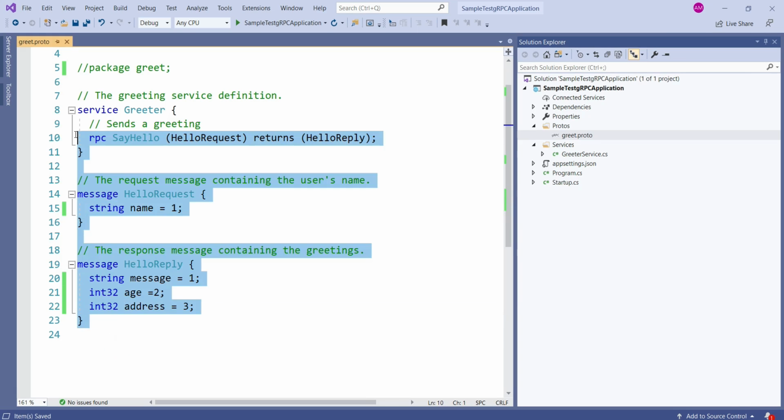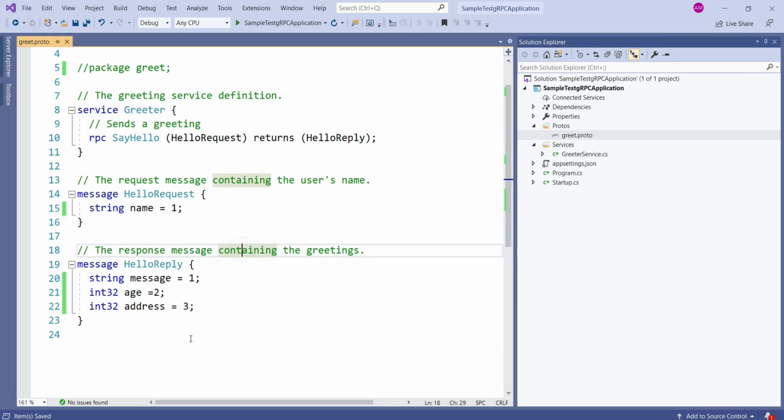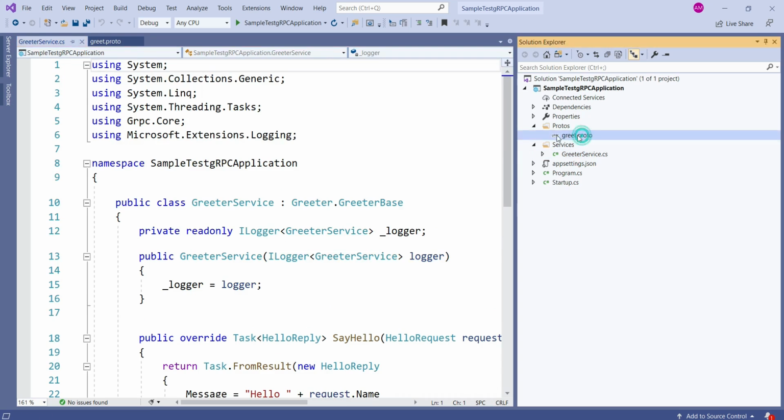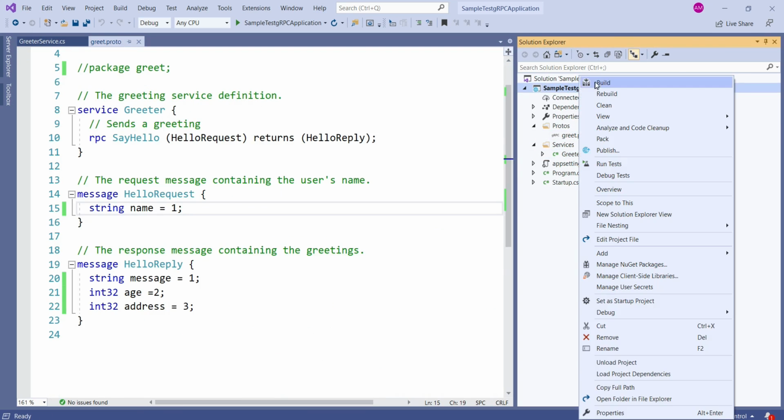So this is the bare minimum requirement that we need to write a gRPC service. Now we need to implement this service at the server side. So to implement this service, when we build this application,